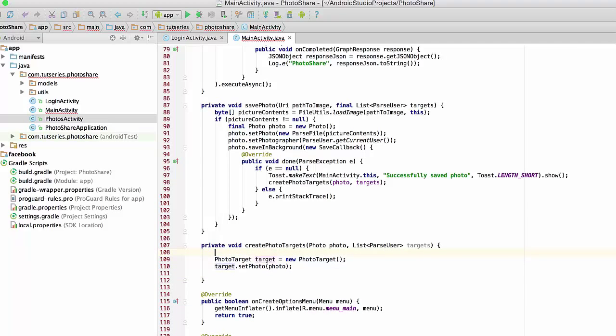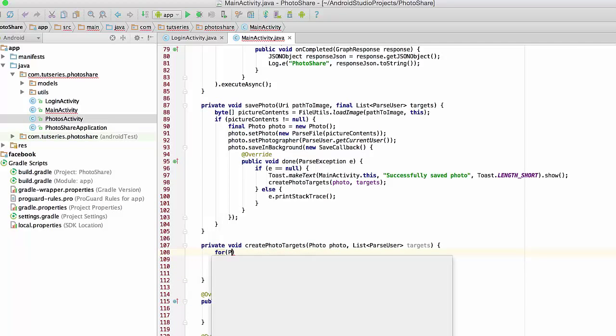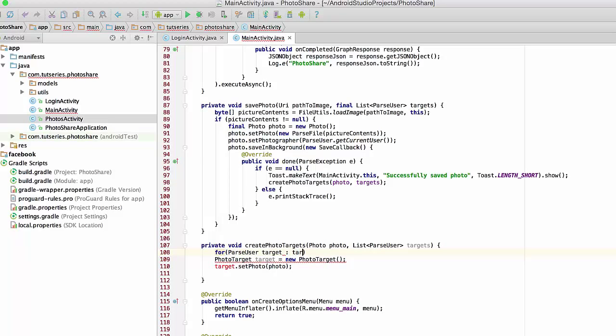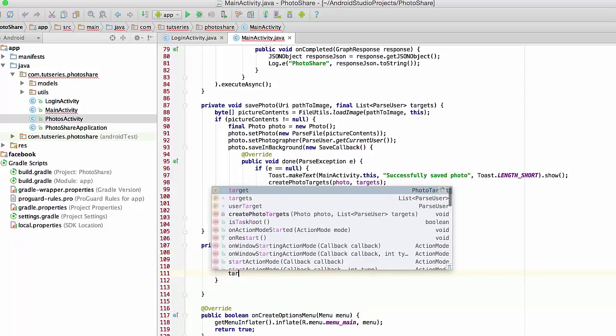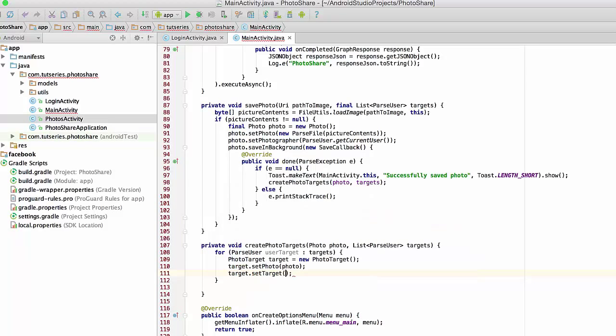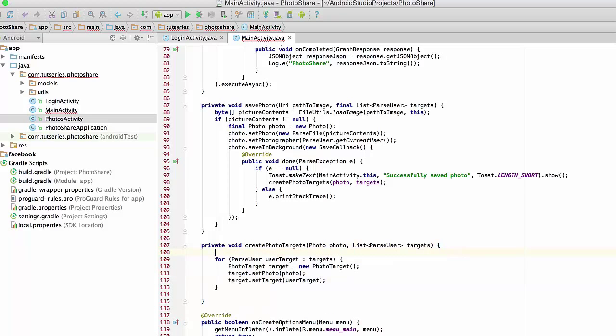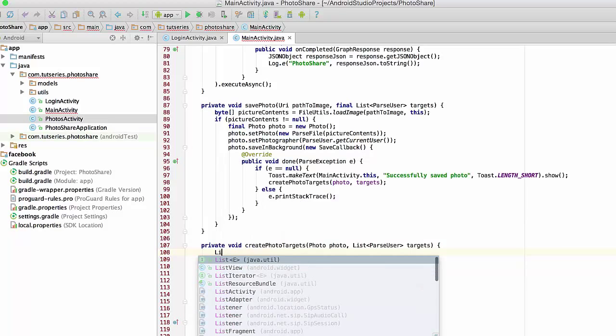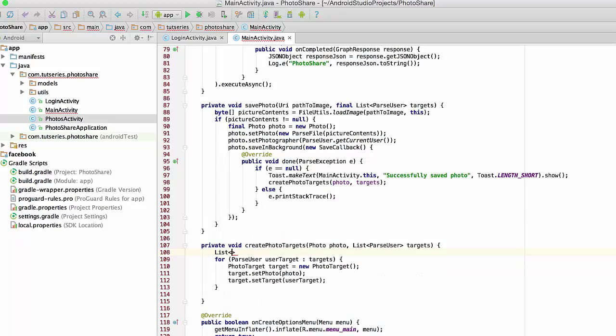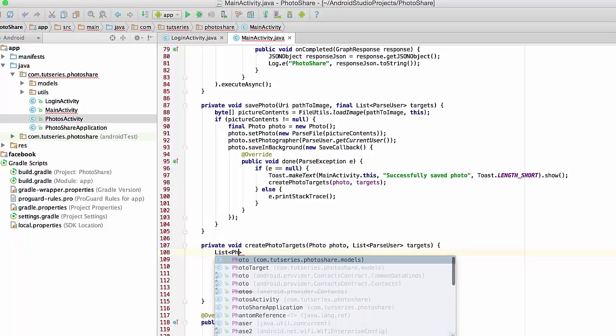So I messed up slightly here. We're actually going to need to loop through the targets. So for ParseUser target in targets, create all of these photo targets, and then target.setTarget. Okay, my naming isn't the best here, but whatever. Now, the cool thing is we could do target.saveInBackground, but we would be doing tons of network calls. If we were targeting 20 users, then we would be doing 20 different network calls. And so a better thing to do is to batch these network calls inside of a single method call, right? So the way we do this is we create a list of photo targets,